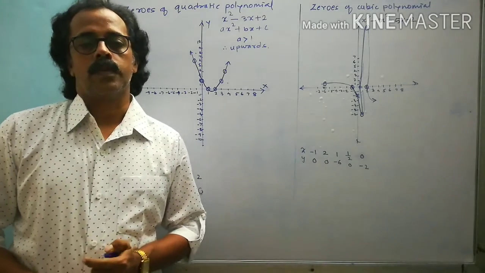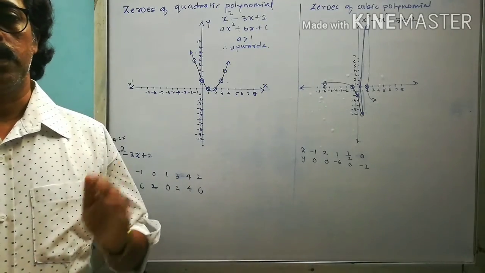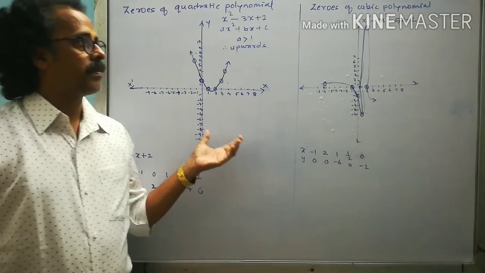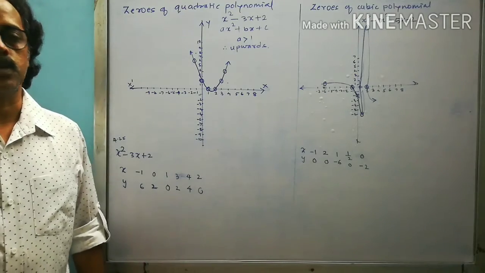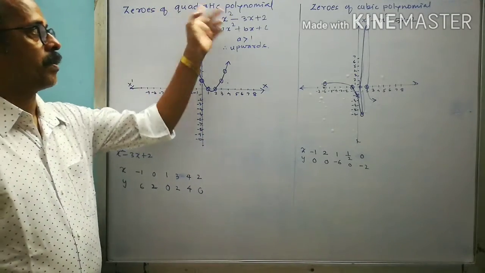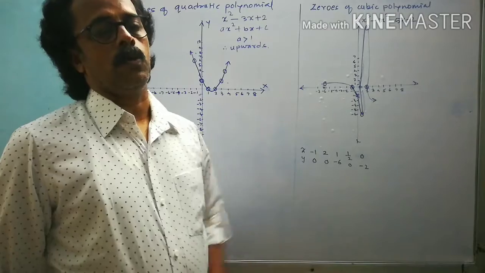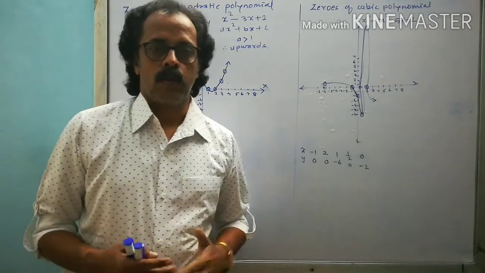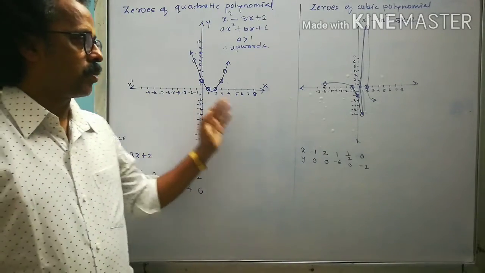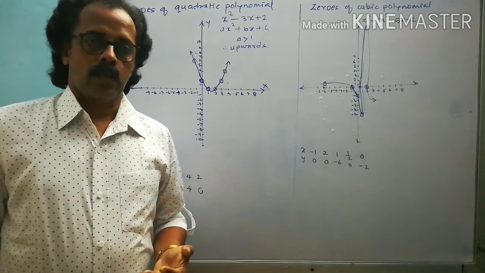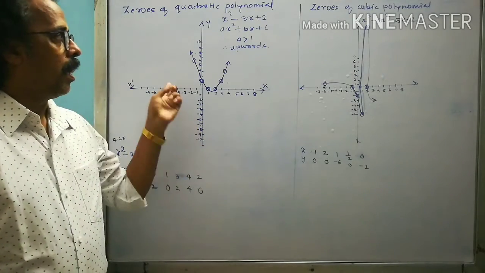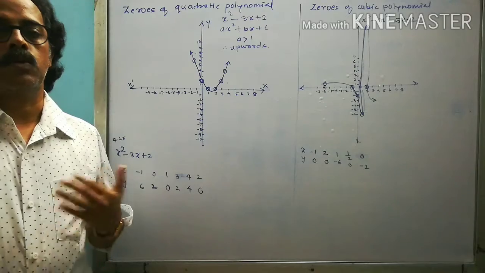Today we are going ahead. Last time we reached till geometrical representation. Today I have given you two examples of geometrical representation. One is zeros of a quadratic polynomial and one is zeros of a cubic polynomial. This you can also do by drawing the graph. Actually there is no necessity to draw the graph in your exam, but at least understand how that graph will give you the idea about the zeros.